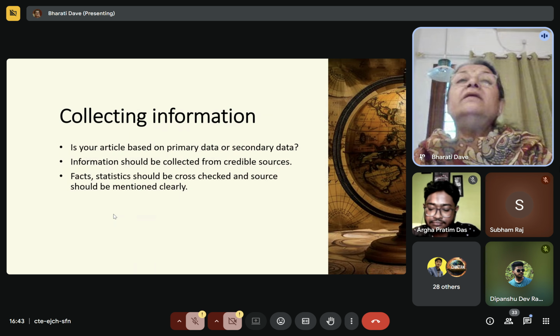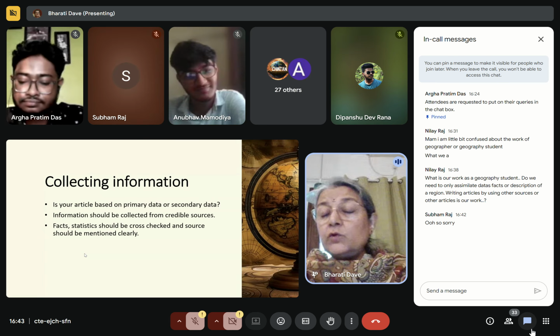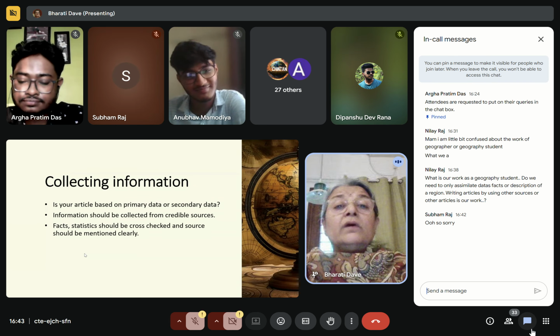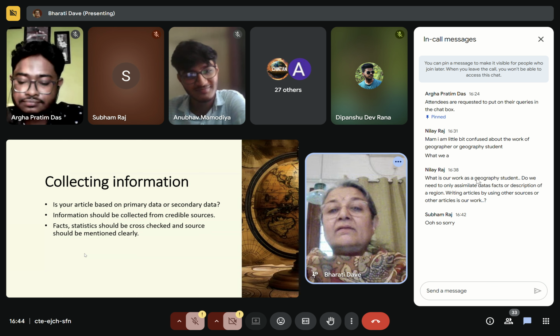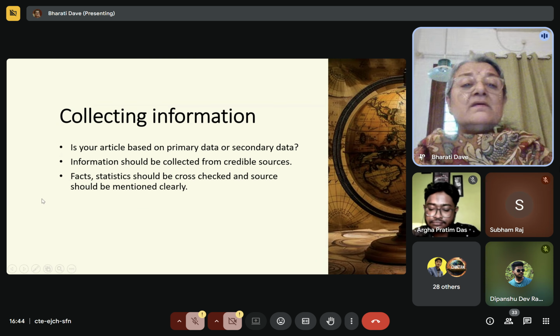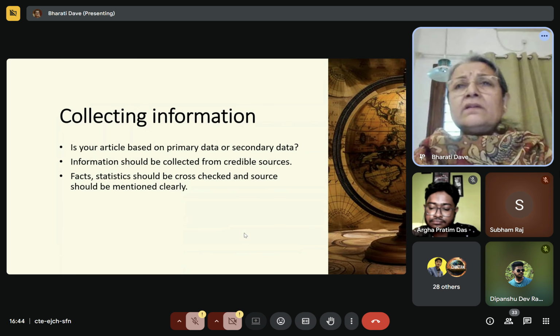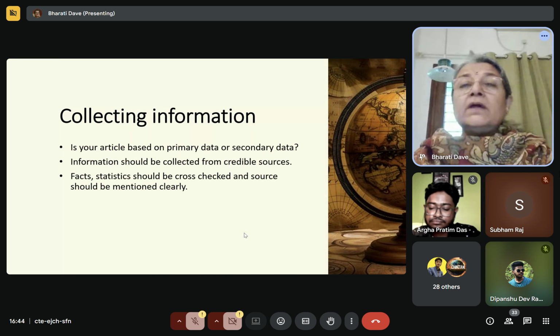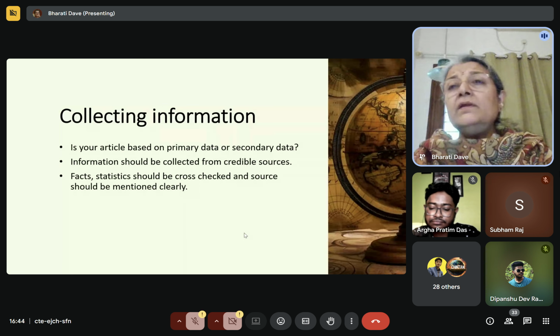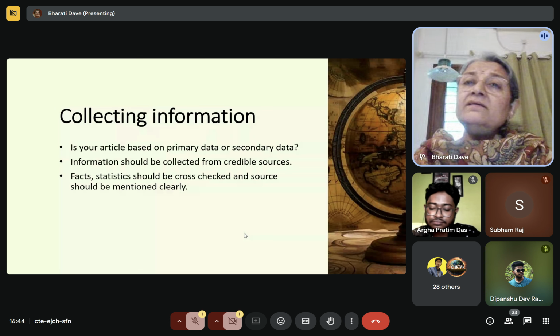Now the next important thing, before you write an article, once your topic is chosen, okay, now how do you collect information? The first thing we say is, is your article based on primary data or secondary data? Now we all know primary data मतलब तुम एक क्वेश्चन सर्वे करो, या तुम ऑब्जर्वेशन करो, या तुम कहीं जाके उस जगह को देख के आओ, फिर उसके बारे में लिखो. और सेकेंडरी डेटा है, किसी और ने ऑलरेडी वो डेटा कलेक्ट किया हुआ है, आप उसको लेके you analyze it and you build your hypothesis around it.